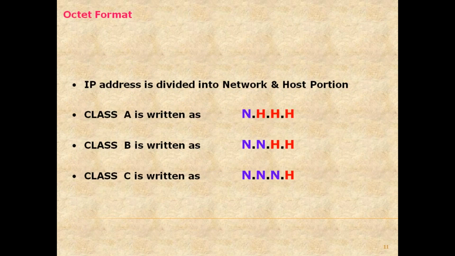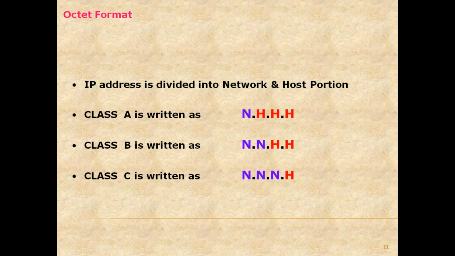Now, an IP address is again divided into two parts. One is your network and one is your host. A network portion and a host portion. What is the network portion and what is the host portion? The network portion is like the name of your network, and the host portion is the address of a device. For example, if I say Hyderabad, Hyderabad is acting as a network here. And when I say some house number within Hyderabad, that is acting as the host portion. So Hyderabad is the area name, and the host portion is one of the addresses in that area.